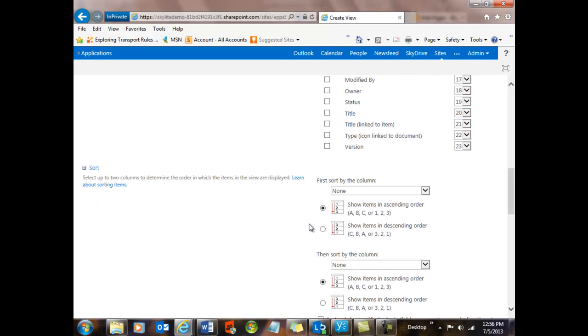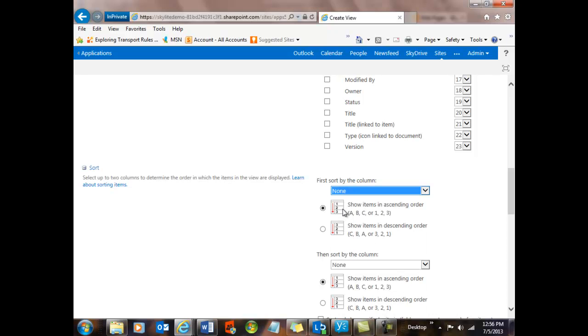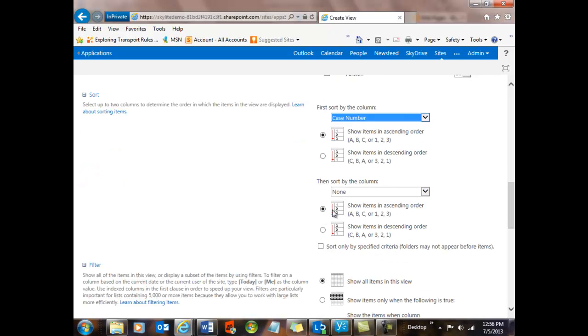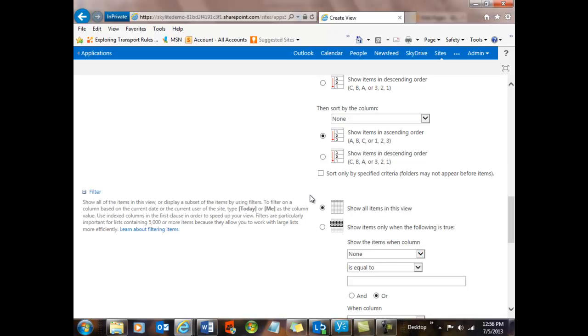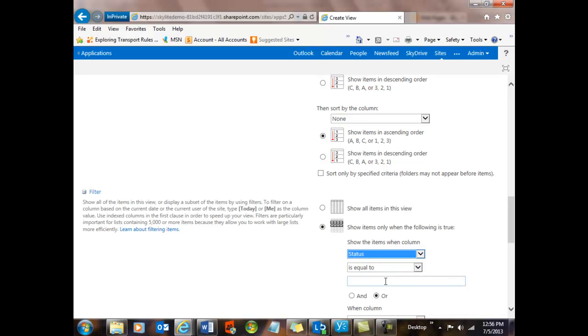Now let's take a look here and say I want to filter it. Let's see, any sorting. Let's go ahead and sort it by case number. So I'll do it by the case number, and I'll make it in ascending order. That's fine. And I could also add another sort. And now I want to filter it. So I want to say that the status is equal to,